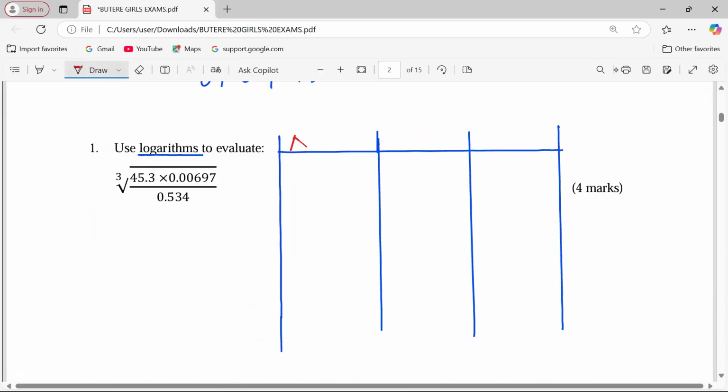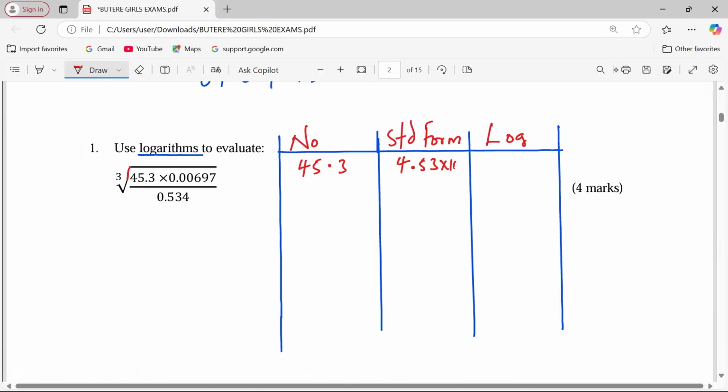We're having the number here, then the standard form, then the logarithm of the number that way. So the first number, remember we're trying to find the cube root of 45.3. So in standard form, this number becomes